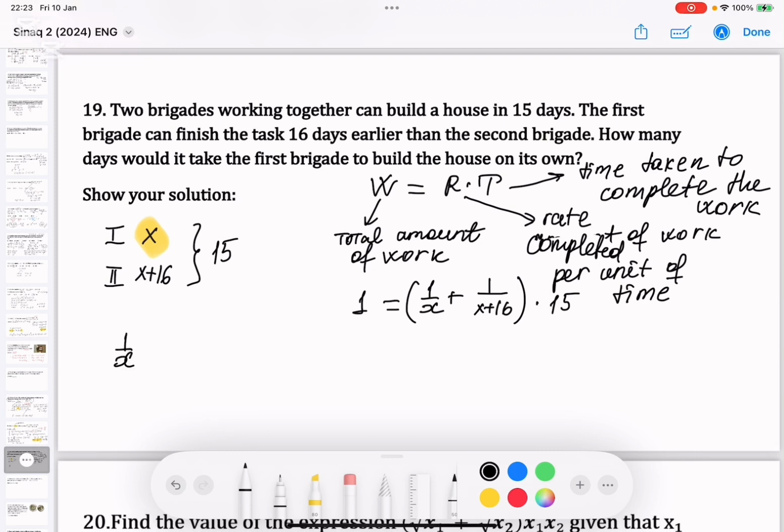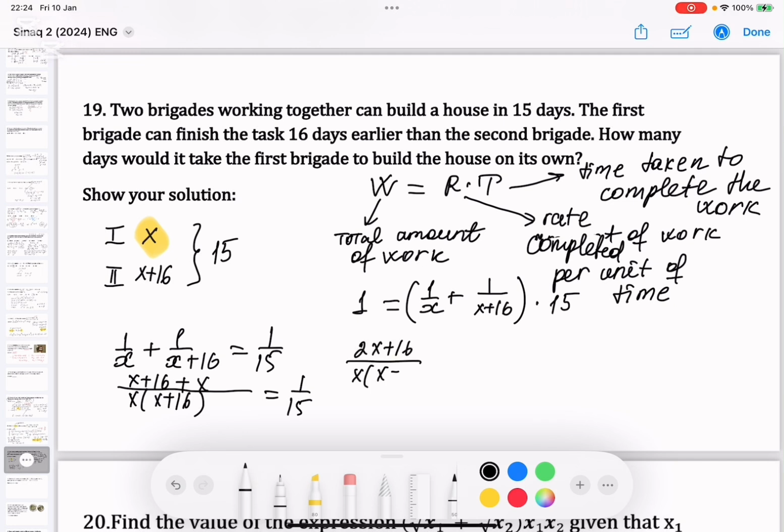We write this down as 1/x plus 1/(x plus 16) equals 1/15. Let's bring them to the common denominator. It's going to be x plus 16. We have x plus 16 plus x over the denominator equals 1/15. Now cross multiplication. All right, it's going to be 2x plus 16. Maybe before cross multiplication, I can simplify it further. Now, after cross multiplying, we're going to have x squared plus 16x equals 30x plus